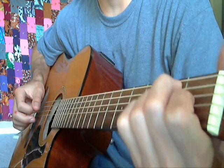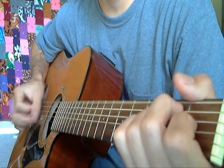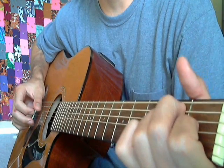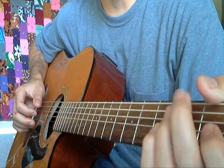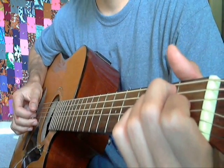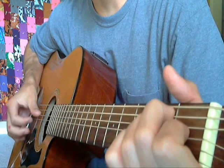Now this is a little tricky part after that, because we're still in the 3rd measure. You just go, and then after you pinch the 6th and the 1st strings together, you're going to come with that pinky right to that second fret, still in the E position. Take your pinky and put it right on the second fret, and you're going to hit it all by itself, and you're going to pull off, and then you're going to come down with the